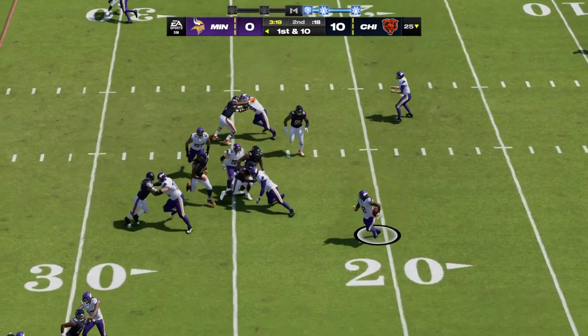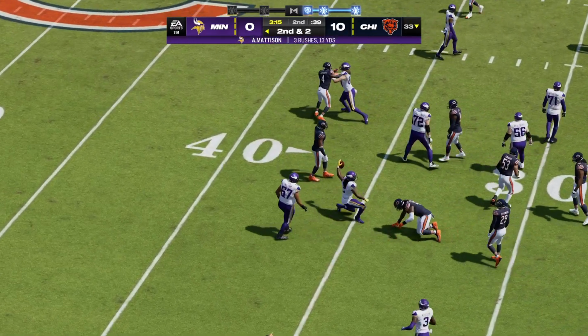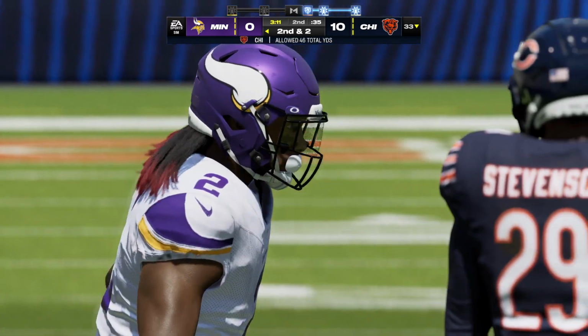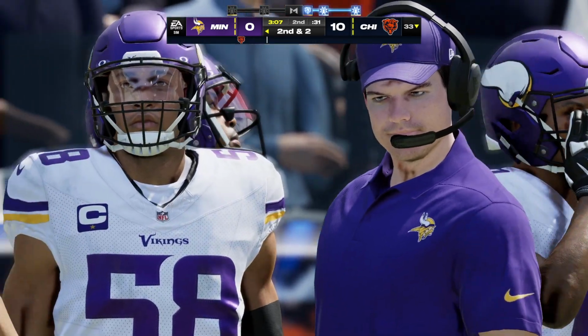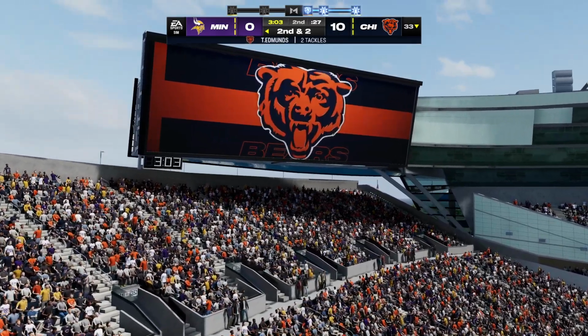Going to begin the drive here with Madison. And they'll get him down after a pickup of 8, 2nd and 2. Now that's a run that warms a play caller's heart because you're actually set up to do whatever you want on offense. You can come right back and run essentially the same play because you have momentum, or you can